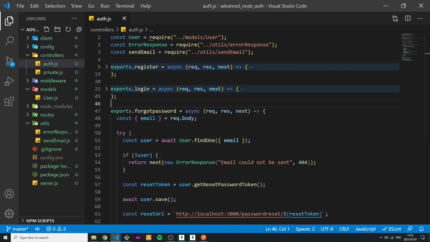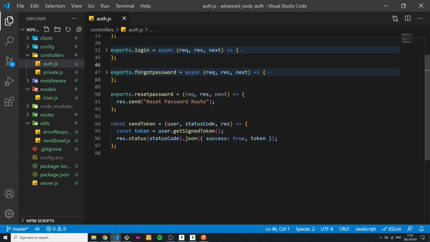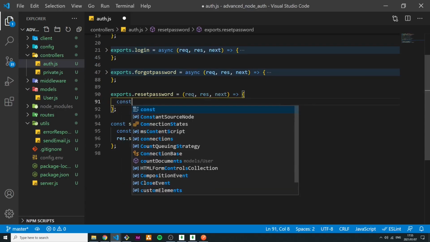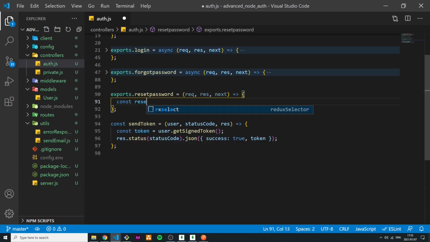So this is pretty simple. So let's quickly do that now. Okay, so we can close this one up here. And basically all we're going to do here, if you remember from the video where I explained this process, we're going to recreate the reset token. Reset token. And we're going to recreate it by saying